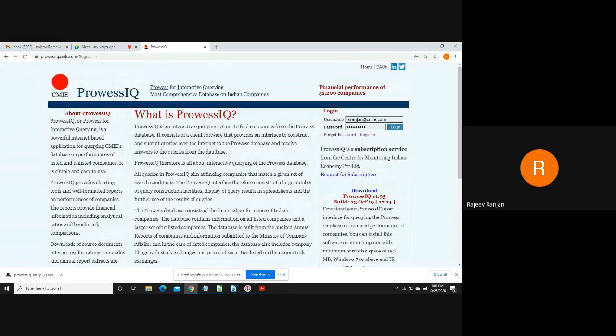Once you're on the campus, the same user ID and password will work for your campus as well. But on the campus, you do not need to log in here. It will automatically show that it is available on the IP range, whereas from home you need to log in here with your user ID and the password.